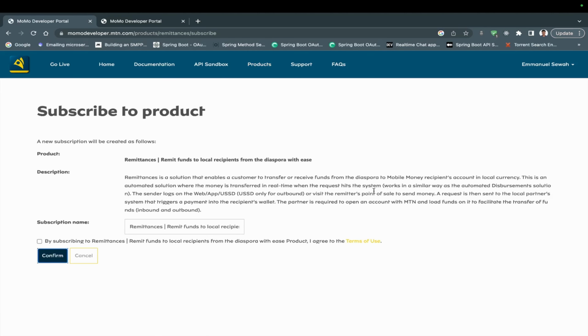Okay, so now we'll be presented with this page, and they will tell us what to do and what not to do. You read the description, just a little information, and you can give it a name. For me, I'll just keep it as it is, and then accept the terms of service. If you want to read it, you can click and read it. Okay, read that. So I'll click on confirm,